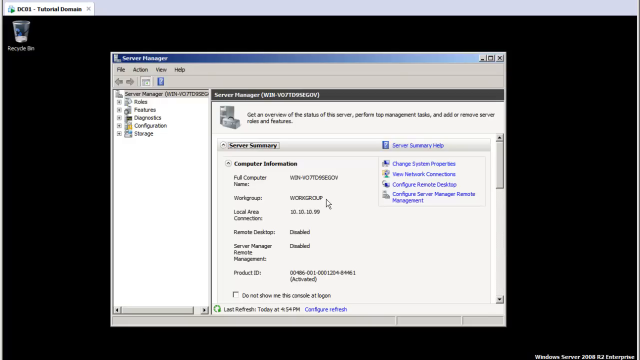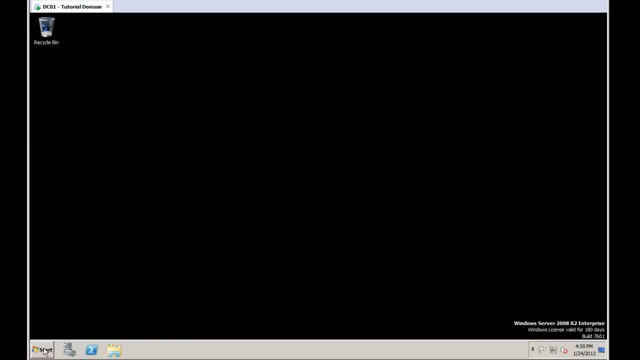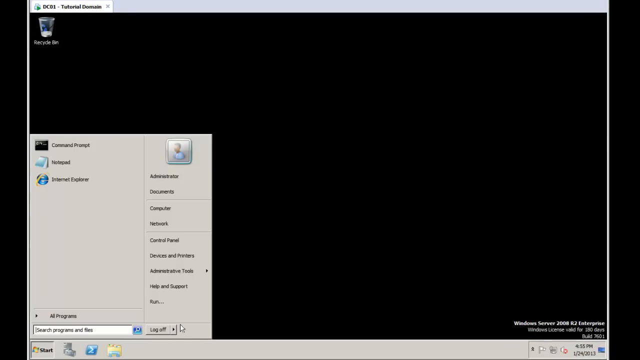It's ready to be promoted to a domain controller, but first we're going to have to install the Active Directory binaries, and then you can go ahead and promote your server. So I'm just going to restart the server now, and once that's done, we'll be ready to start with the